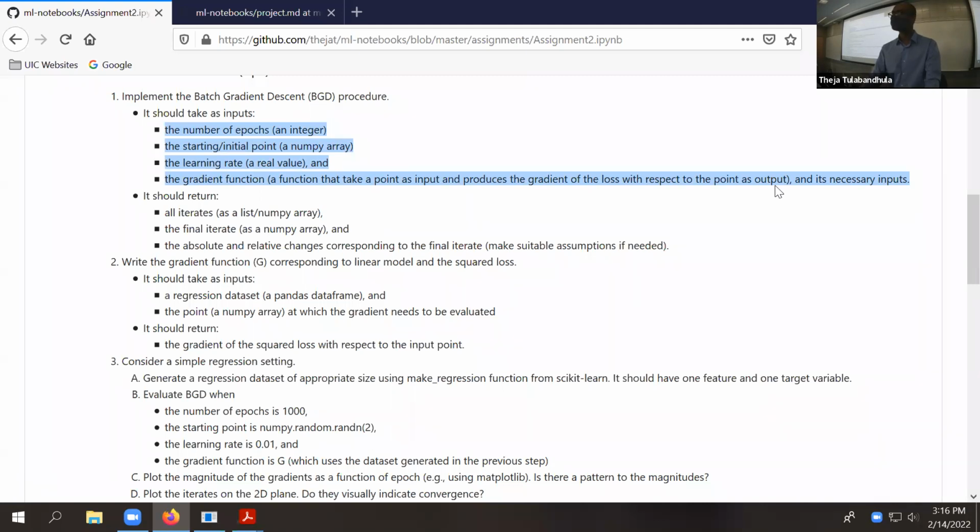Yeah. You're saying there is a gradient function. Are we assuming the loss function is the OLS loss? Yes. And the model is a linear model. So at this step, it doesn't matter, right? For the batch gradient descent procedure, if you can give it a gradient function, it can do iterations. Whether you're actually solving a machine learning problem or some other gradient optimization problem doesn't matter at this point, right?